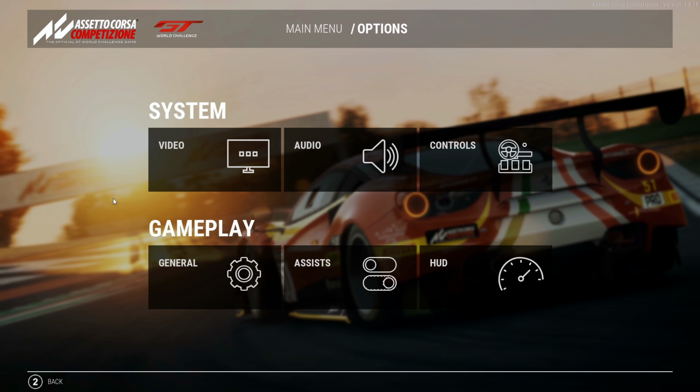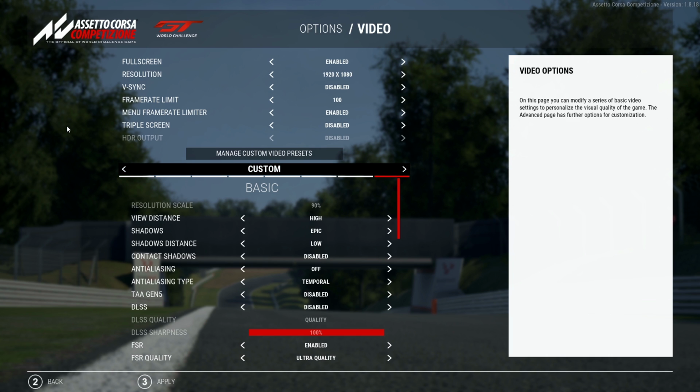Finally, let's have a look at the video settings within ACC. So here are my settings. First of all, I mentioned it before, I'm using the pancake screen also for the recording of videos. So that's why I configured here this first section to match my pancake screen.